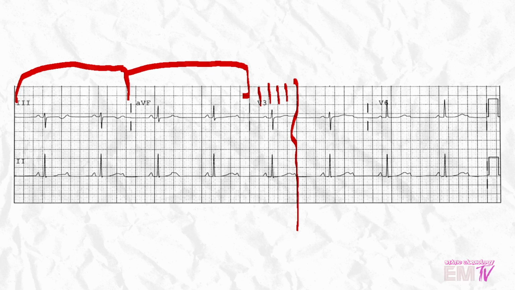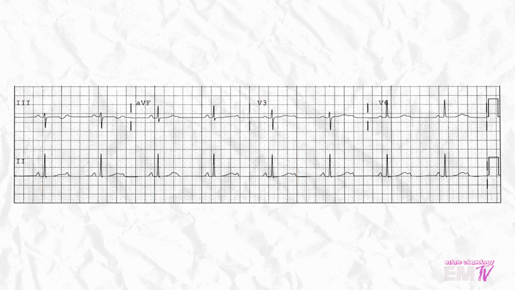Now I'll go ahead and count the R waves to get a rough idea of rate. So I'm getting a heart rate of about 50 BPM. Next thing I'll look for is my R to R consistency. The R to R interval here looks pretty consistent, so this is a regular rhythm. I'll check my PR interval next. My PR interval here looks pretty normal, and it looks like it's fixed, meaning there's no lengthening or shortening of